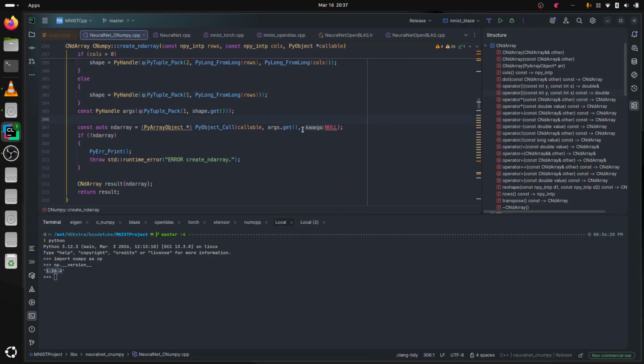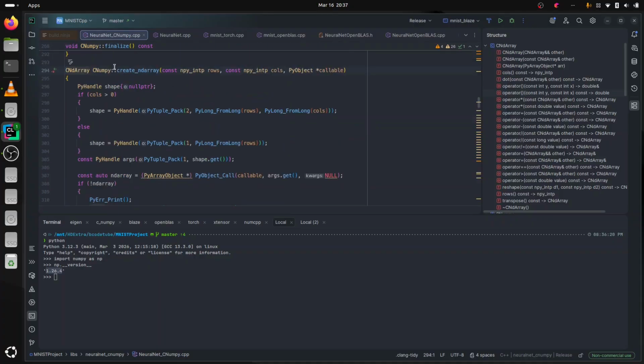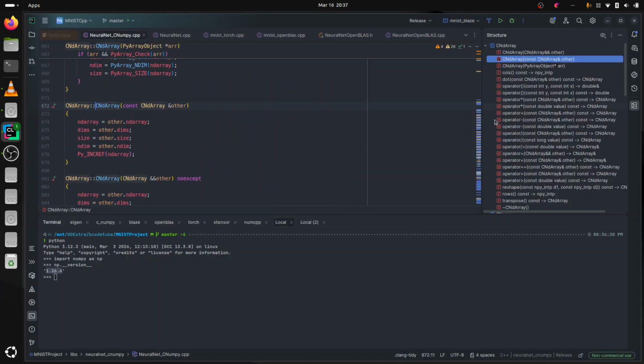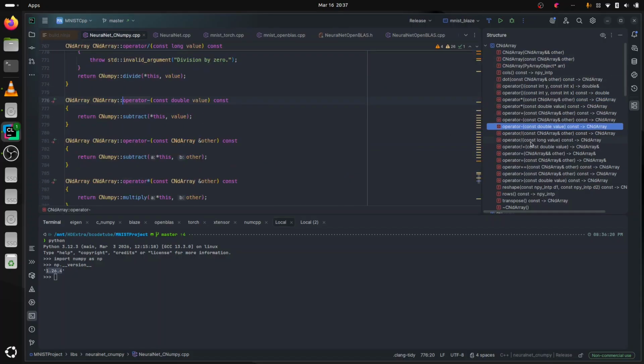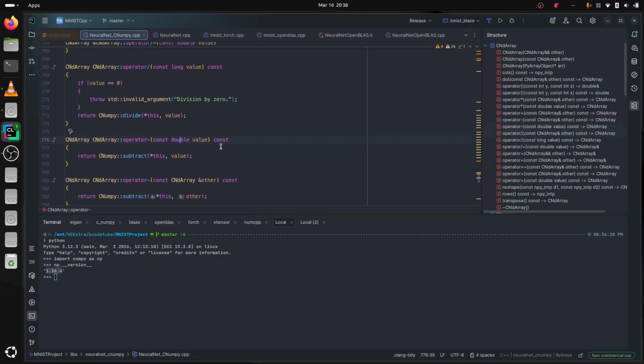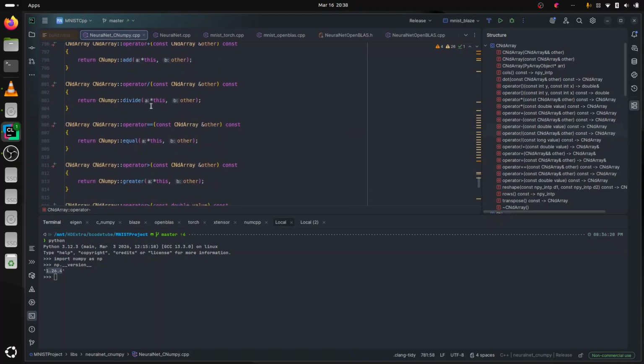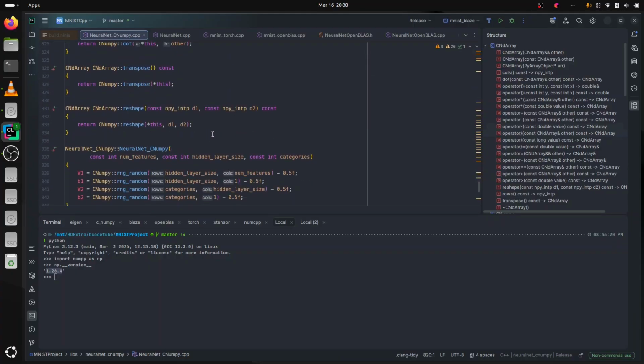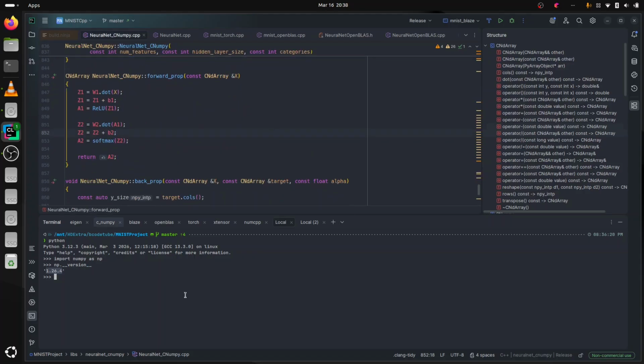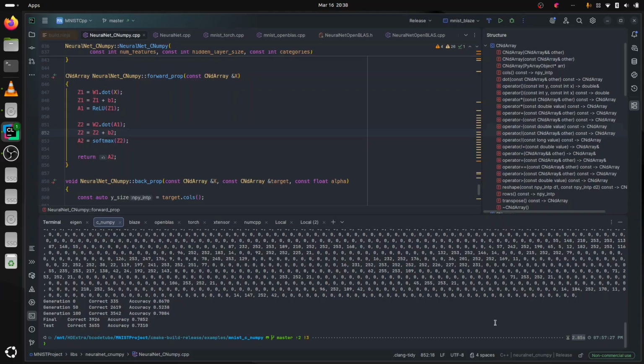So you can copy this class. It doesn't have everything. Probably if you need something else here, I do the subtraction with a double, but I don't have subtraction with a long, for example. So if you need that, you have to expand this, but at least the most difficult part is done. It would be just a copy and change a little bit. But the performance, I think it's worth it compared to Eigen,